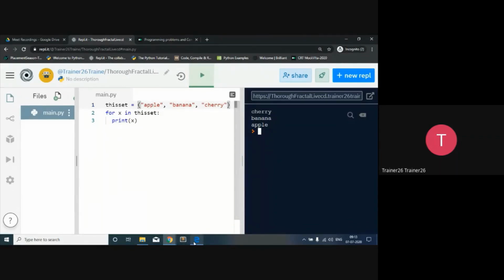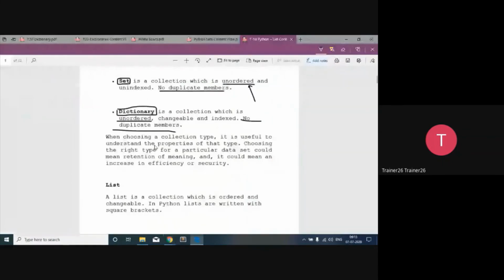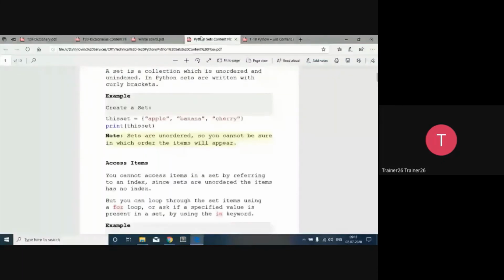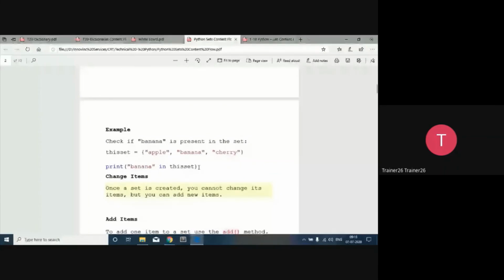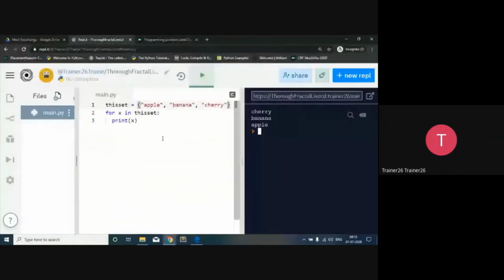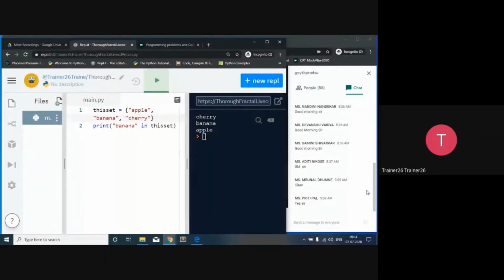So hopefully the ideas are clear till this point. So let's move ahead with the set example. With the help of a for loop we can access it, and then after that we want to check whether that particular value is available in a set or not. So again the membership operator in we are going to use. So now you can understand why every day we are using this particular operator. कोई यहाँ predict करके बताएगा इसका output क्या आएगा? What is the output of this piece of code? Banana in this set. Answer.